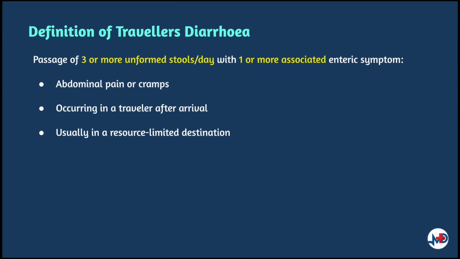Traveler's diarrhea is defined as the passage of unformed stool, one or more by some definitions, three or more by others, while traveling. It may be accompanied by abdominal cramps, nausea, fever, and bloating. Occasionally, bloody diarrhea may also occur. Other terms that can be interchangeably used for traveler's diarrhea also include traveler's dysentery and tourist diarrhea.